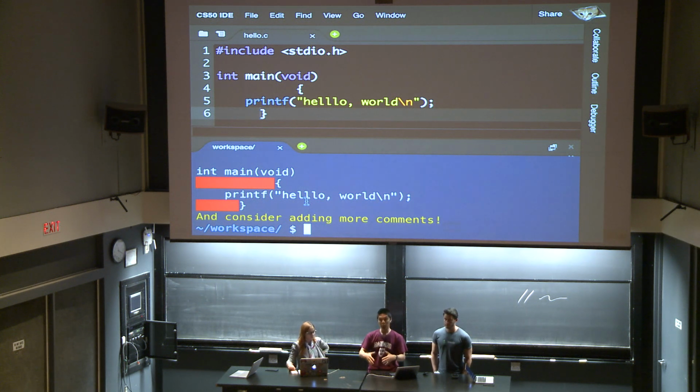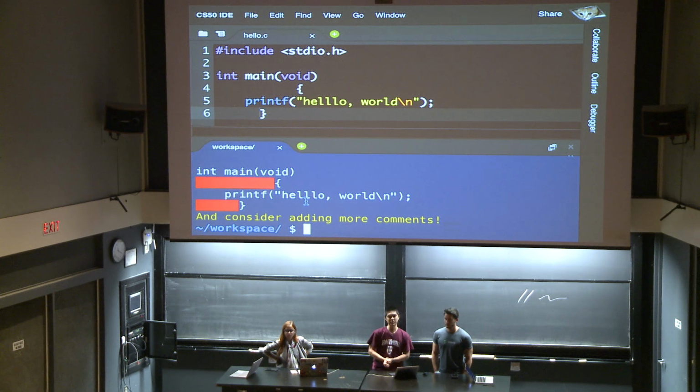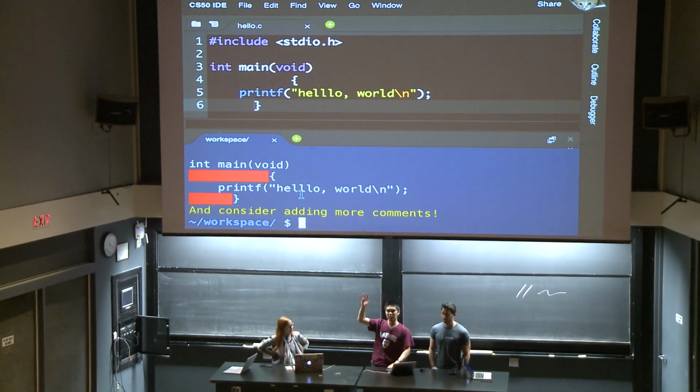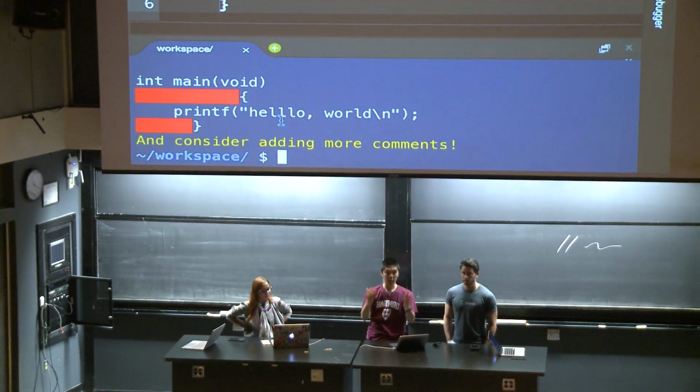And so those tools plus Help 50 for understanding compiler error messages can be very helpful to you as you go about working through your code, figuring out why it doesn't compile or why it doesn't work. And we definitely recommend that you take advantage of those as well. And so that's just a brief introduction to some of the tools that are built into CS50 IDE that you can use starting with problem set 1.